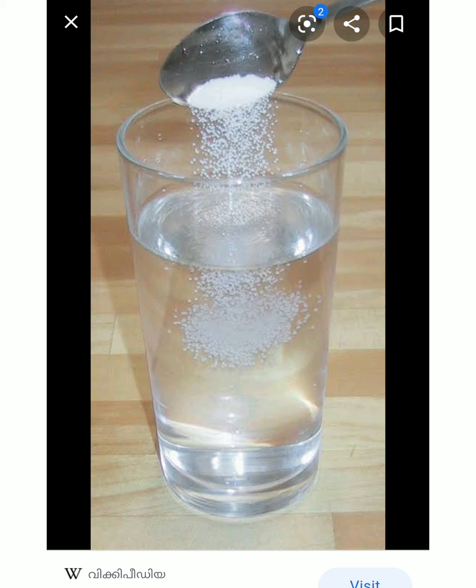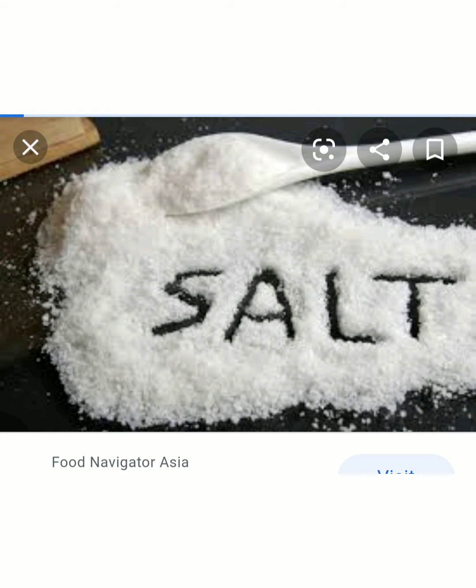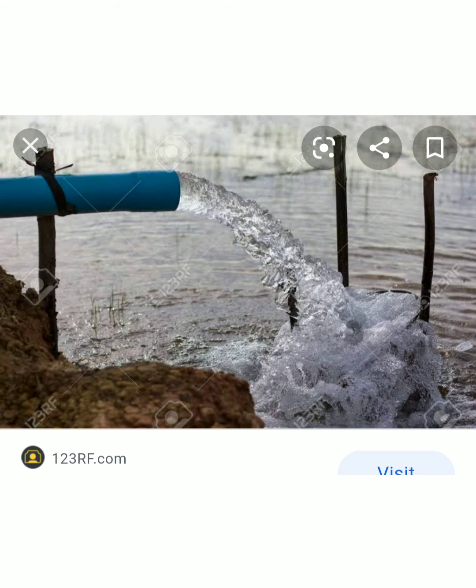This property of water helps us to make tea, juices, and other soft drinks. It enables us to cook by adding salt into it. The second property is that water can flow, so that we can carry water through the pipes, and it is useful in the process of making electricity.